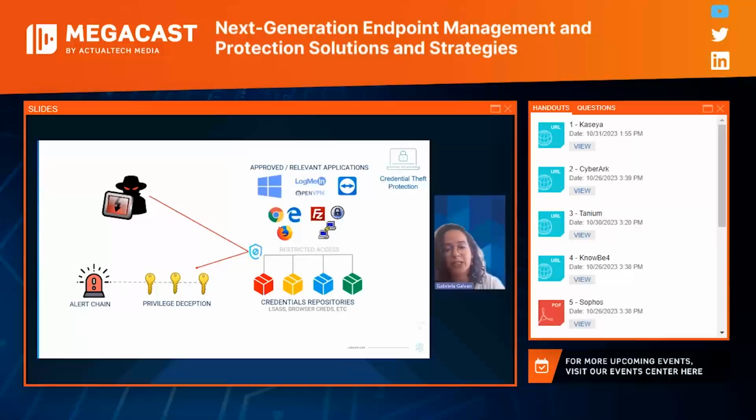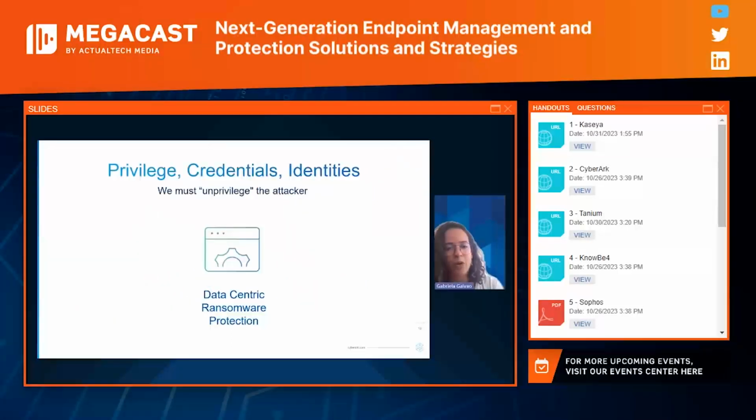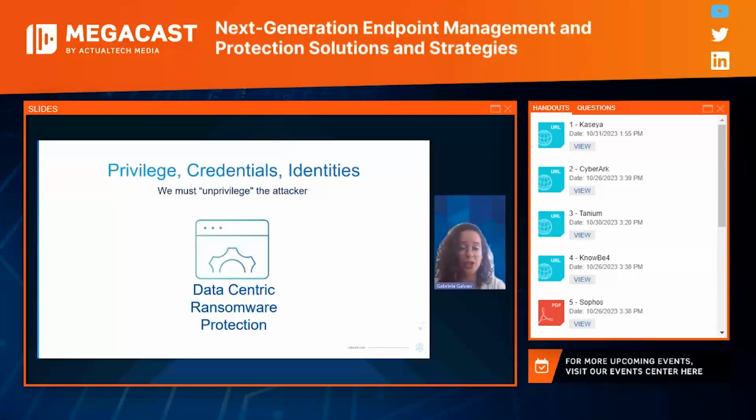And what we bring with CyberArk EPM is out-of-the-box advanced threat protection, in which we limit the attacker's ability to move in your environment. What we do is lock down access to local credential stores, from the LSASS and OS registry, all the way to the app credential stores of FileZilla, WinSCP, and Chrome. And that can be enabled within the first 5 minutes of implementation. Next up, our next concept, data-centric ransomware protection.